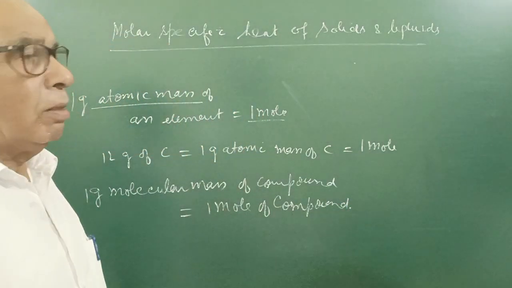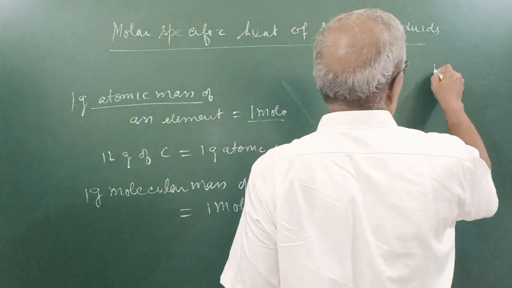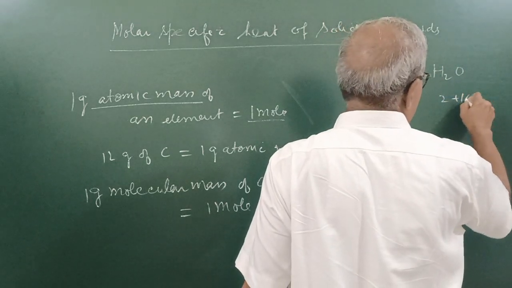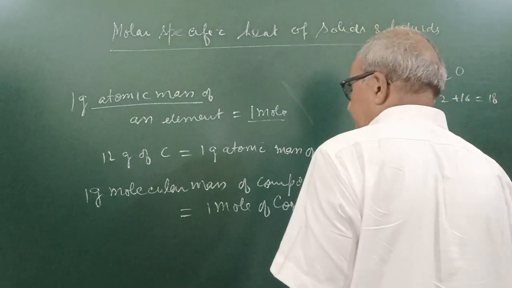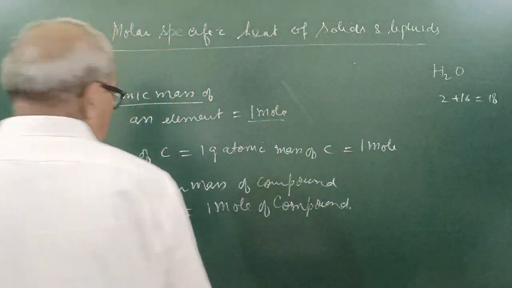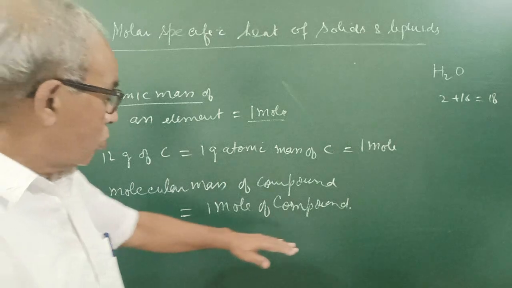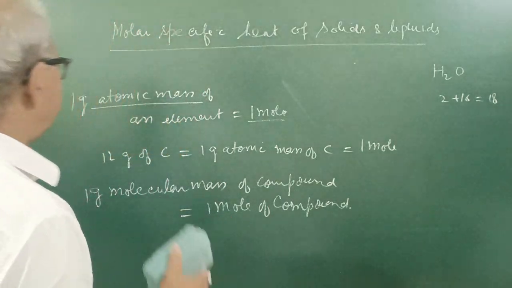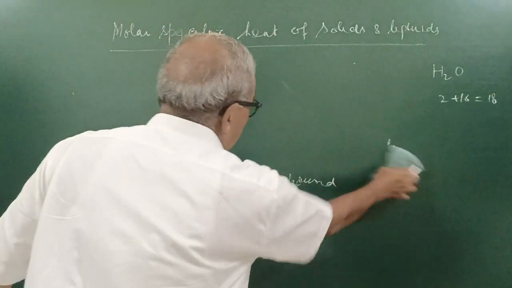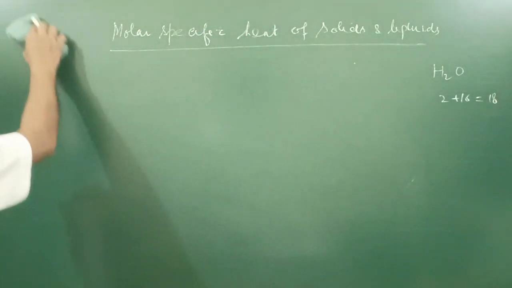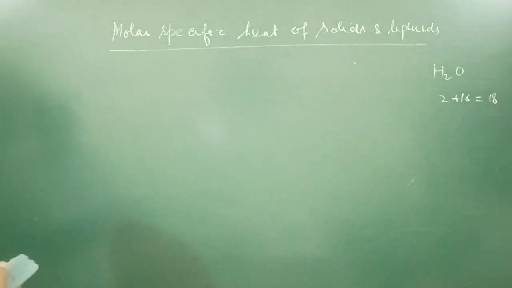For example, water H2O, you know molecular mass 2 plus 16. If we take 18 gram of water, that is equal to 1 mole of the compound water. I have given you the idea. So if you are given a certain mass of an element, divide the given mass by atomic mass, you will get the number